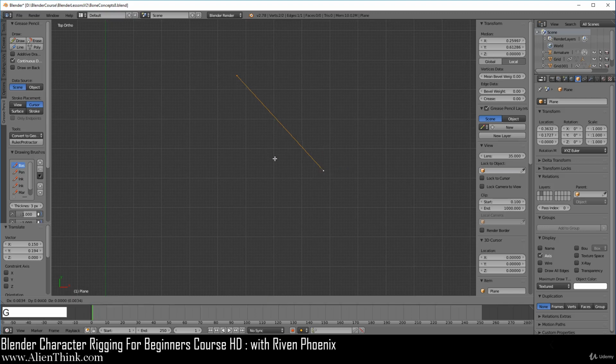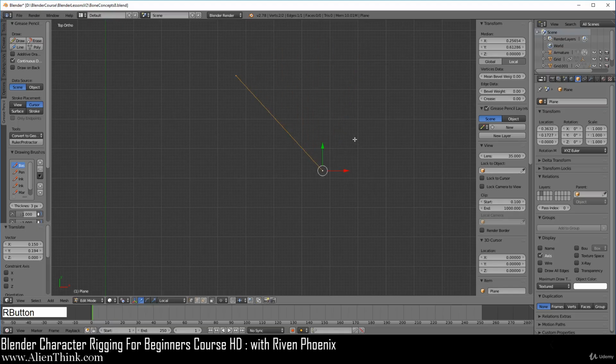Now when we press the G key, both X and Y values of these vertices are changing. So this gives us the ability to move this line anywhere that we want. Now if we want to rotate this line, we can just press the R key. But notice that the outer vertex is simply changing its X and Y location values to make this line rotate